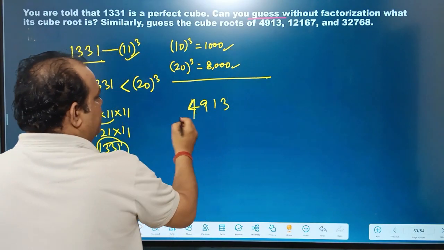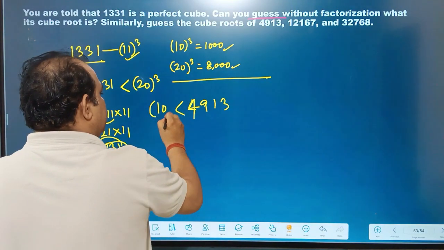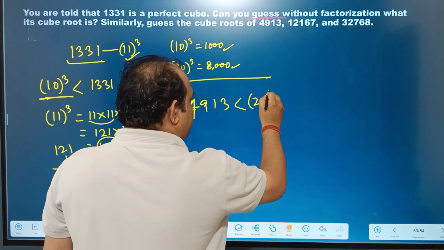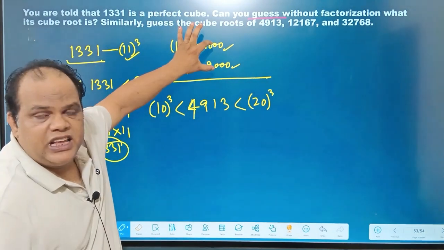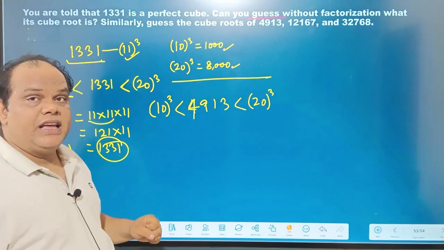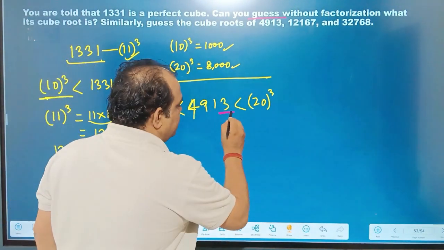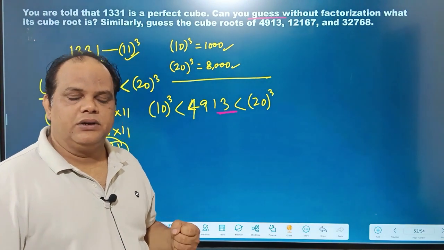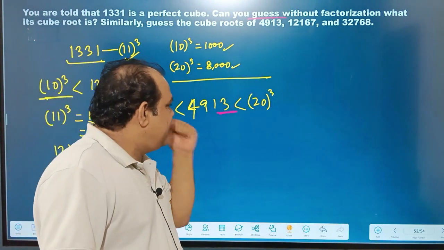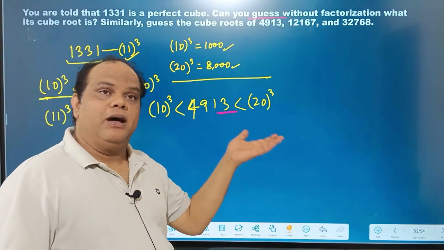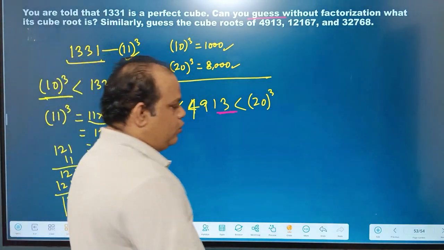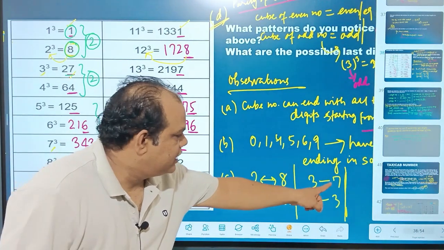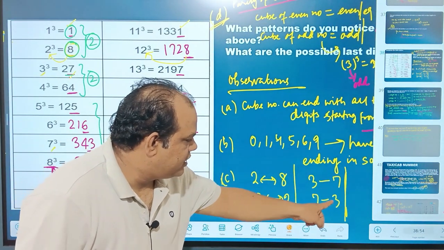नंबर के बीच का क्यूब है ना, ये भी 10 का क्यूब करोगे और 20 का क्यूब करोगे तो जो नंबर आएगा उन्हीं इसी दो नंबर के बीच 4913 भी है। अब हमने क्या पढ़ा था अगेन 3, तो 3 और 7 में एक वहां पे स्वैपिंग का कॉन्सेप्ट था क्यूब में कि अगर कोई 3 से एंड कर रहा है तो वो नंबर जो है 7 से बना होगा। देखिए ये रिमेंबर हमने किया था 3 से अगर कोई एंड कर रहा है तो 7 से बना होगा, 7 से कोई एंड कर रहा है तो 3 से बना